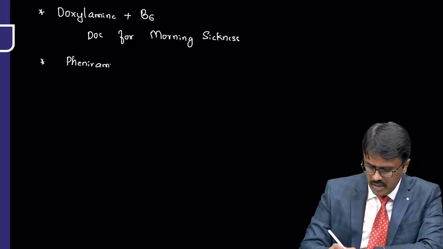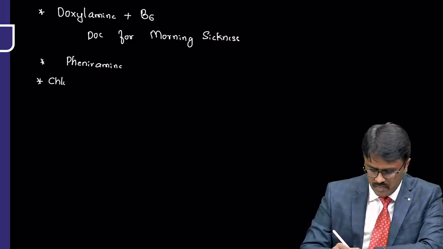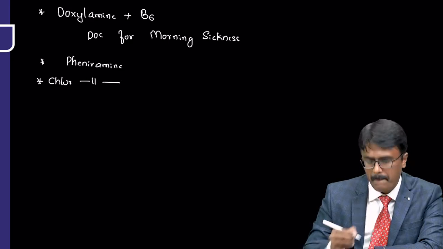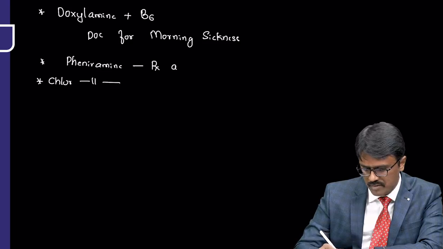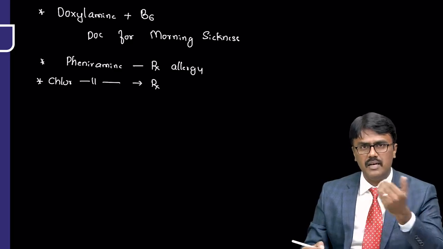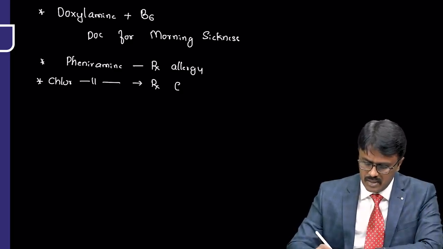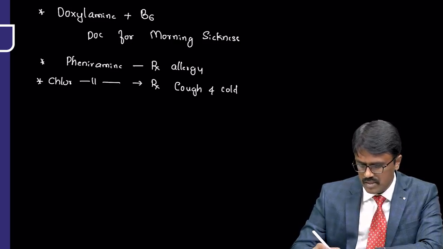The other drug is pheniramine. If you know pheniramine, you just add chlor to it. So what does the drug become? Chlorpheniramine. Pheniramine basically is used to treat allergy, and chlorpheniramine is used in cough and cold medications, for example dry cough syrup. There we see this. So it is present in cough and cold medications.